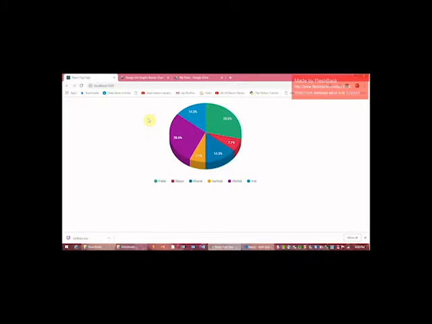As you can see, the pie chart has been rendered on the root element of the document. Currently I am using a dummy JSON object that captures the commit history of each team within a sprint. On hovering over each sector, you can see that it displays the number of commits along with the